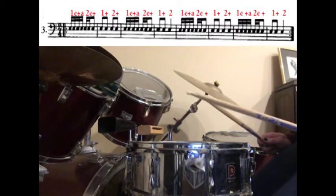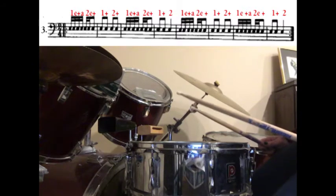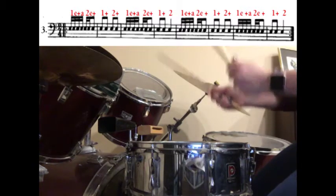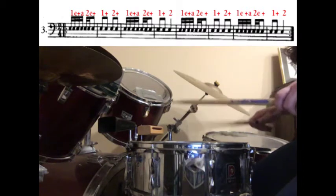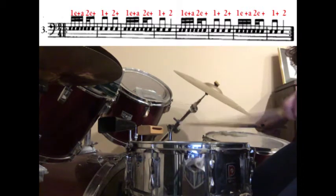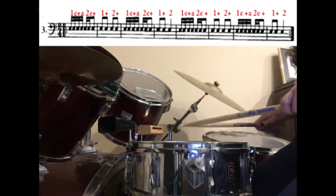Let's now play it on the snare drum. This exercise does have a repeat sign, so we will be repeating it. Here we go. 1, 2, ready, play. 1 E and a 2 E and 1 and 2 and 1 E and a 2 E and 1 and